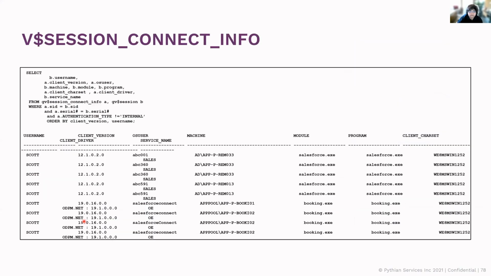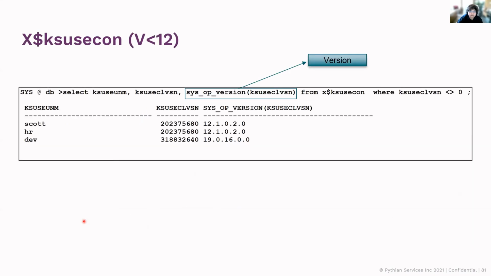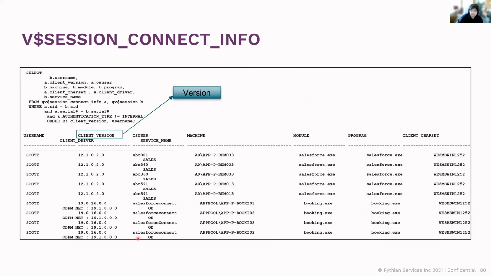This view does not give us information about protocol or version. To get that, there's another view called V$SESSION_CONNECT_INFO. This is a brilliant view. I mean, I really like this view. It's pretty handy. You get your machine. This information you already get with session, but this is the client version. You get the client version. You in fact even get the character set. And as we'll see later, you also get your protocol.